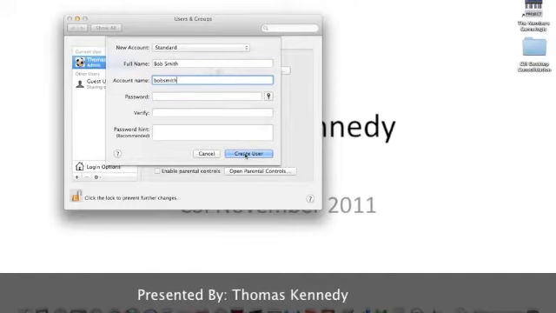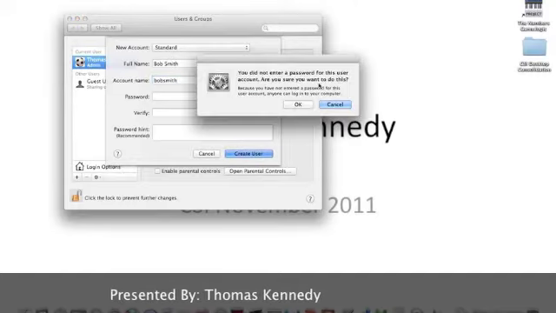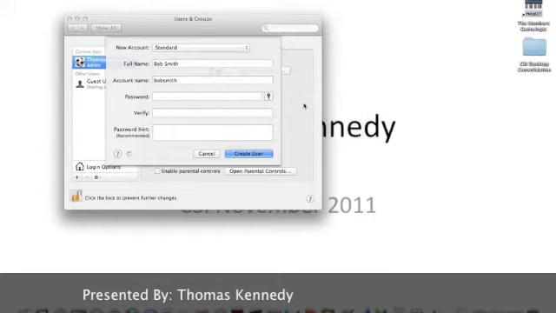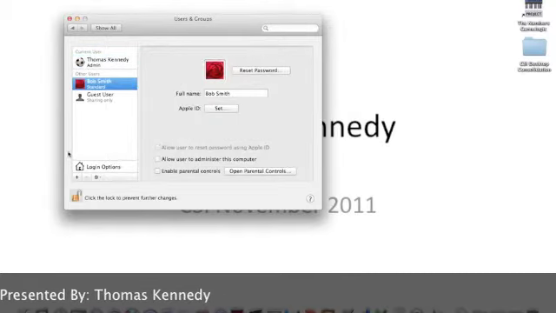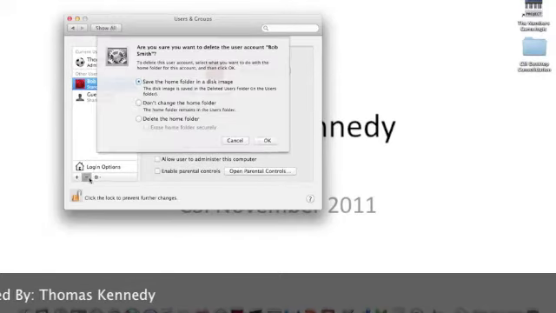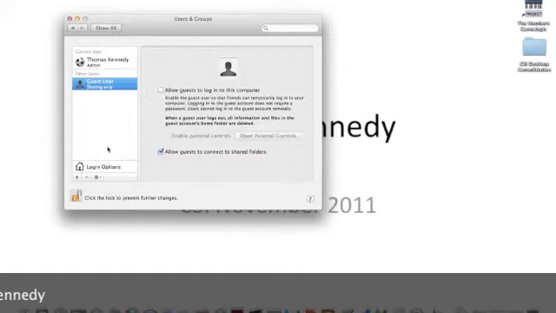Then click Create User. And then what you're simply going to do next, in order to delete the account, you're going to have to click on the minus sign, which is right next to the plus sign where you created it, and it's going to give you a bunch of options. You can keep all the files that they created, or you can delete them. If you want to delete them, click the last option and click OK, and they'll be gone. Make sure you click on the lock after you finish all that, that way no one else can mess with your